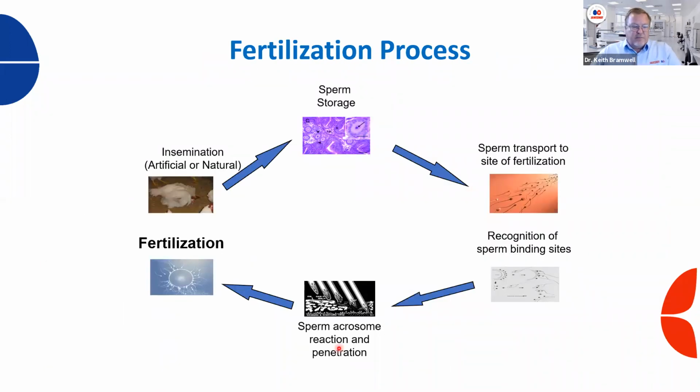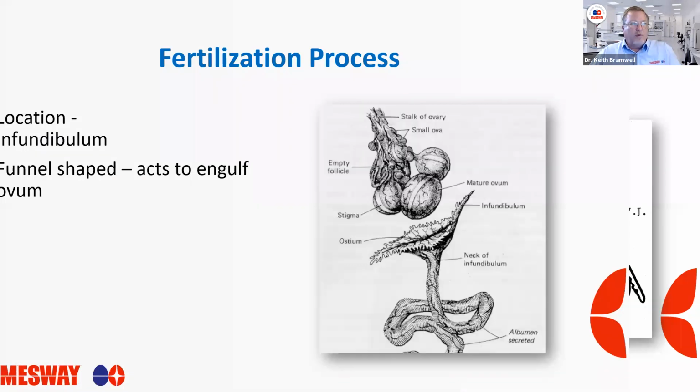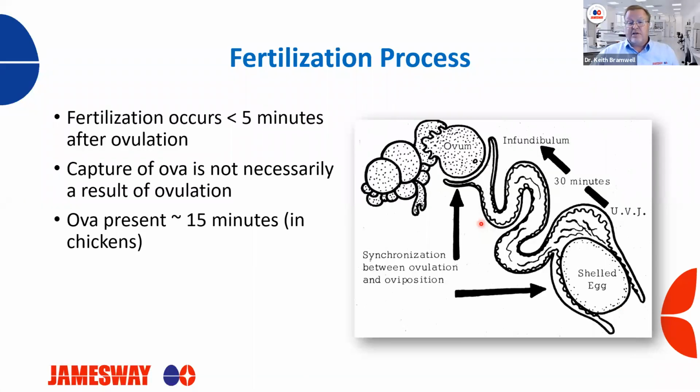Looking at our eggs as we get into a residue breakout, just a little bit about the fertilization process, because I think it's important that we all know this. Hopefully we all do at this point in time, how the fertilization process occurs. You have insemination, whether it's artificial or natural insemination. The hen stores sperm, sperm's transported to the site of fertilization within the hen, and then we finally result in a fertilized egg. That fertilization process occurs in the infundibulum, and it occurs within minutes after the yolk is ovulated,